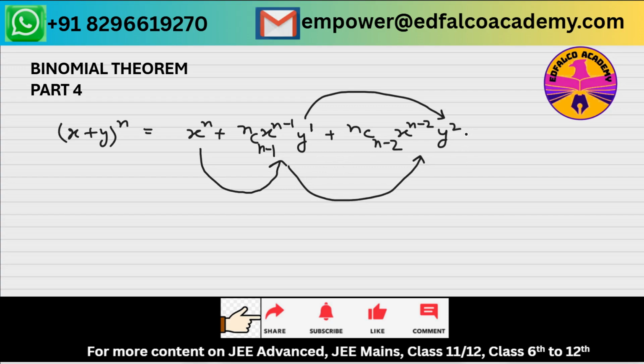So this thing is going to continue till the point I reach up to x to the power 1, and y to the power in that case will become n minus 1, and that will happen in nC1 ways. And then the last term would be x to the power 0, which is nothing but 1, multiplied by y to the power n. So therefore this will happen in